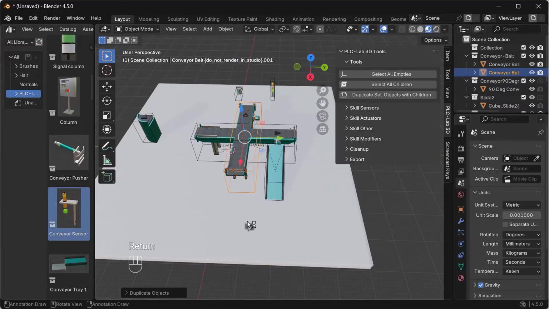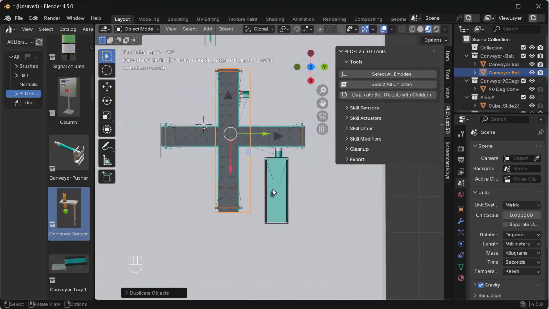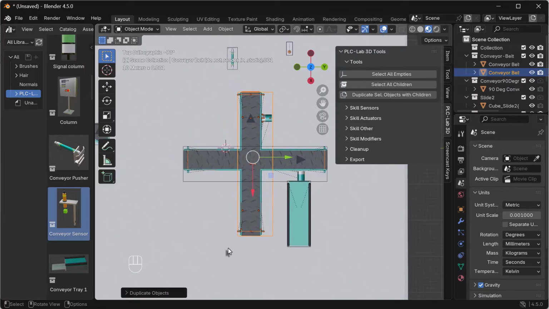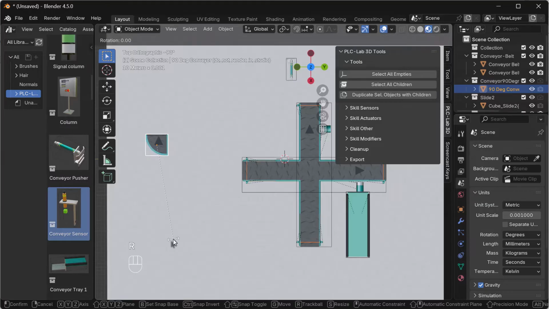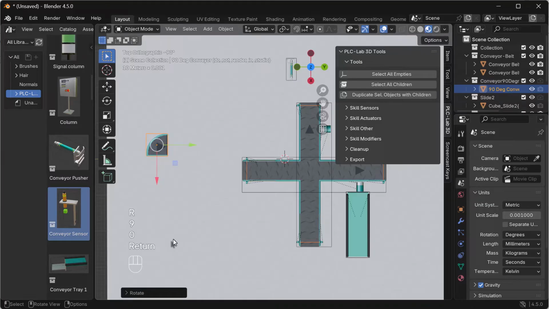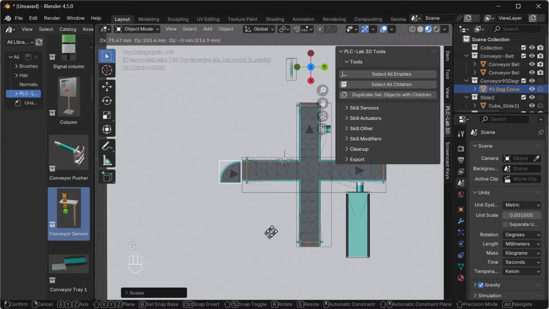And now we switch to the top view, zoom in a bit to arrange the objects better. The 90-degree belt also needs to be rotated. Since we are in the top view, we automatically rotate around the Z-axis. So we select the frame and rotate with R and entering 90, confirming again with the return key. And now we can arrange the three belts correctly. It's important to ensure the conveying direction is correct. The conveying direction is visualized by the black triangles on the belt. We now move the 90-degree belt to the left of the conveyor belt and the remaining belt directly under the 90-degree belt.